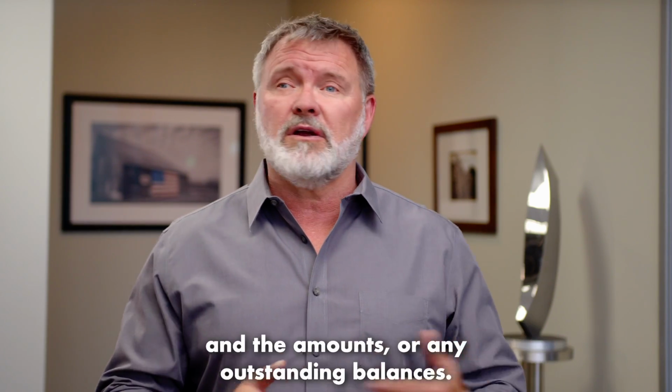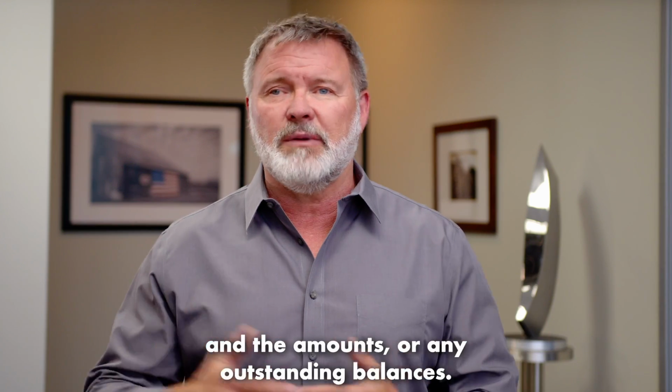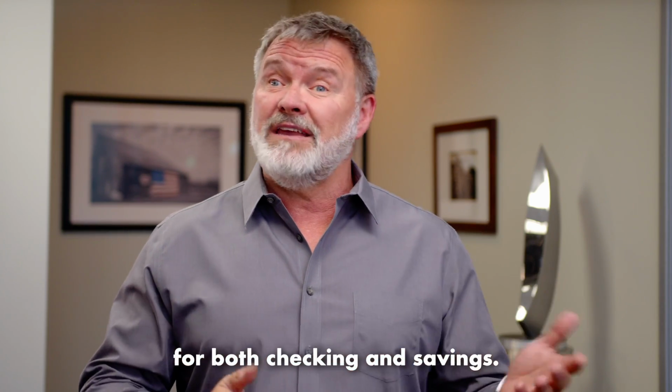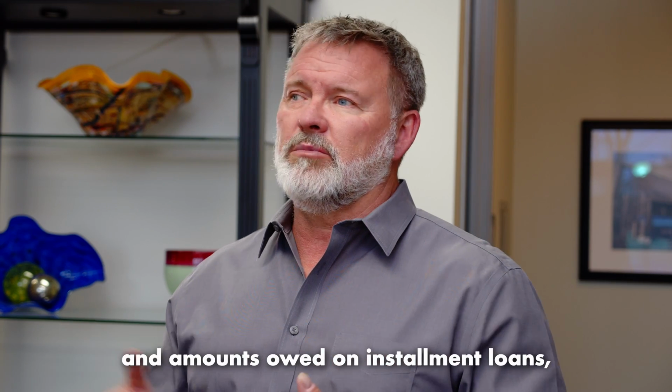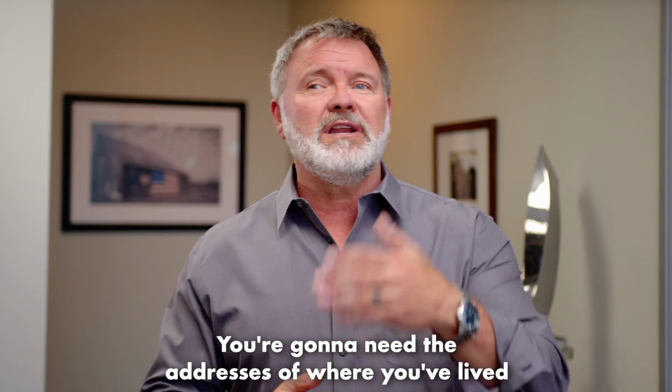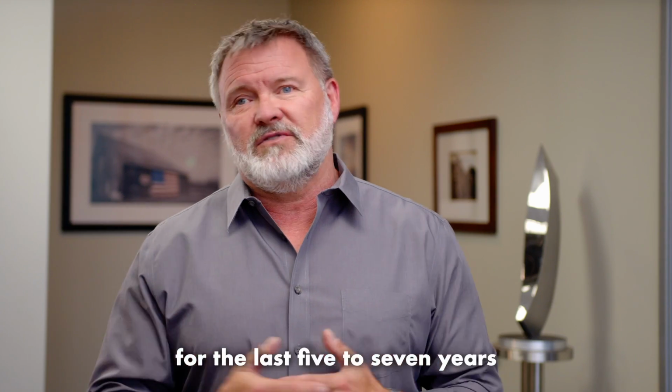Account numbers for all your credit cards and the amounts of any outstanding balances. You're going to need 2 to 4 months of bank statements for both checking and savings. You're going to need the lender's loan numbers and amounts owed on installment loans, such as student loans or car loans. You're going to need the addresses where you've lived for the last 5 to 7 years with names of